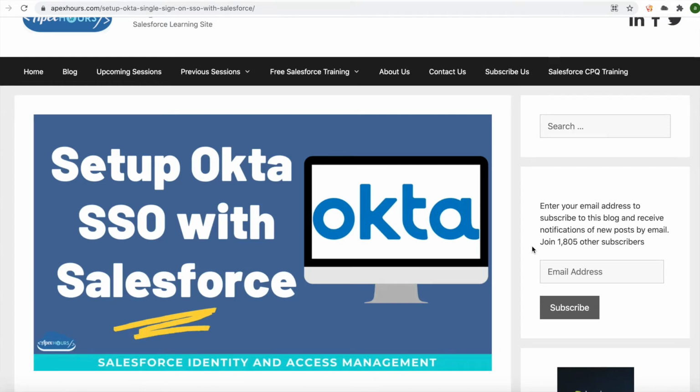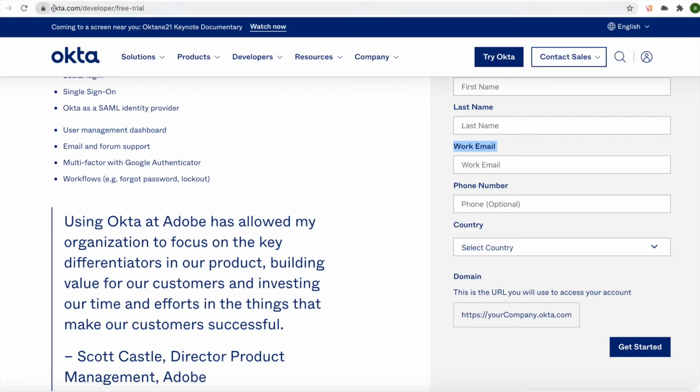In this session, we're going to talk about how to set up the Okta Single Sign-On with the Salesforce. For the demo purpose, we are going to use the Okta developer account. For that, you just need to visit